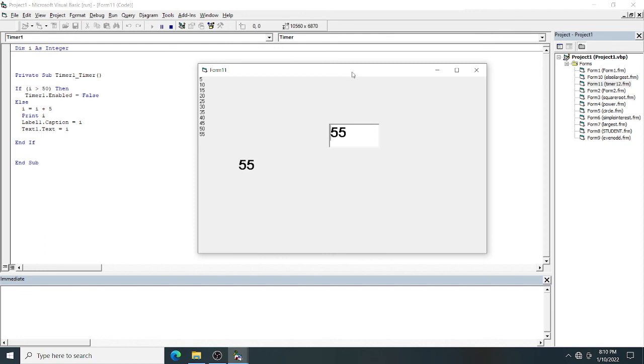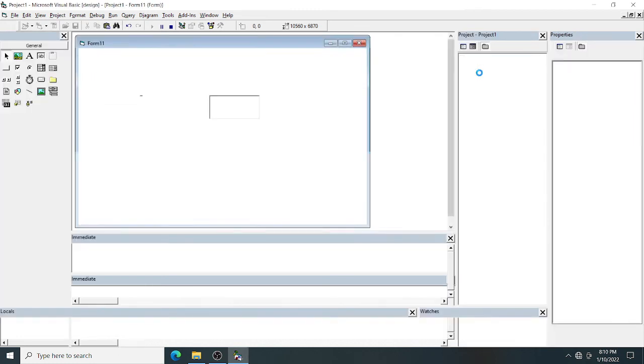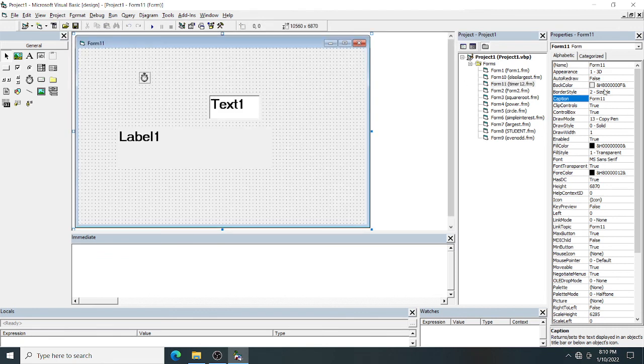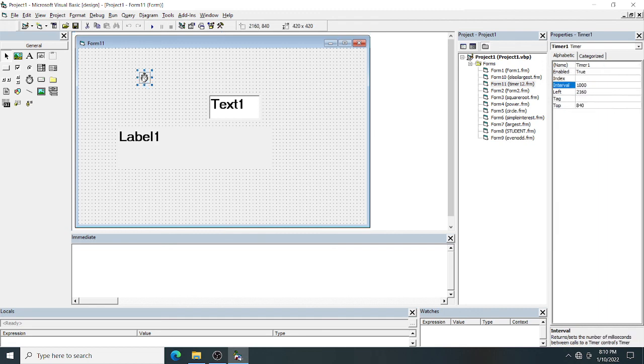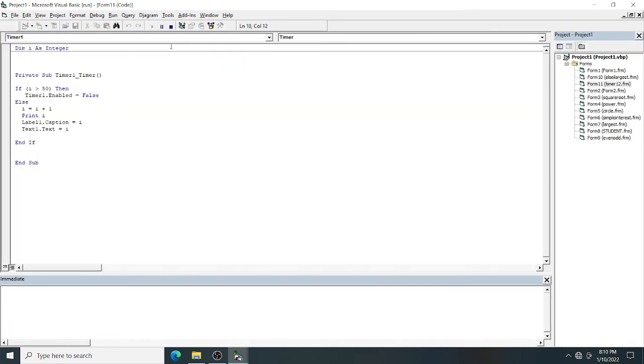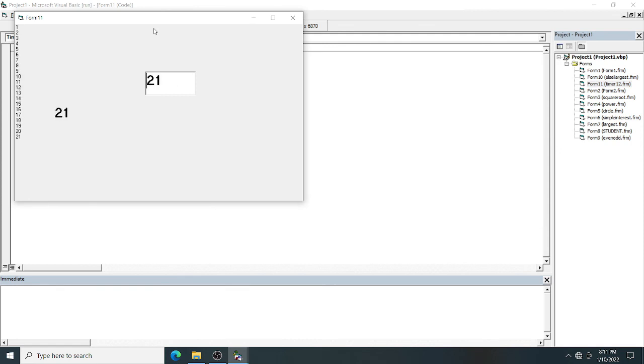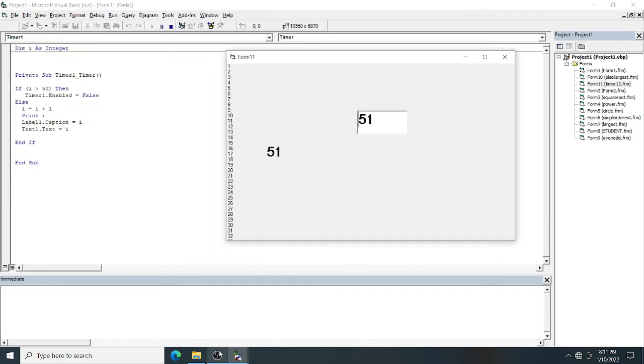So you can create not only one timer, you can create a number of timers. I can show you. Suppose I have taken one, and the time interval I have given here. Go to the timer. Here I have given the timer event 100 second. So you can see, you understood how the timer works. Okay, thank you, student.